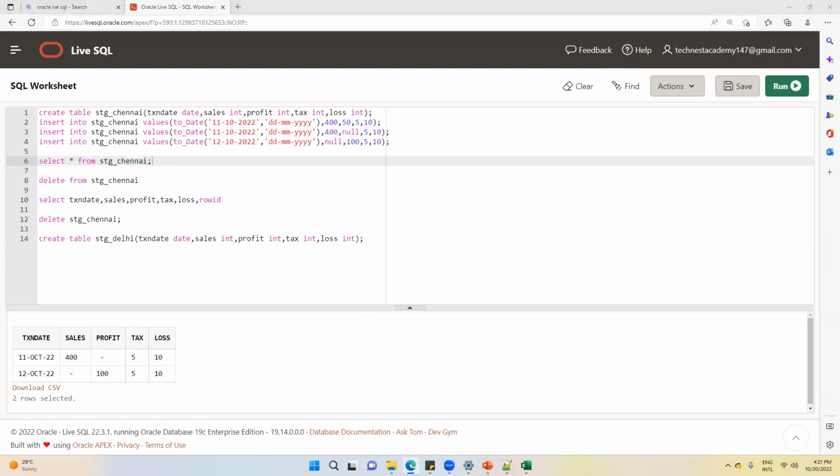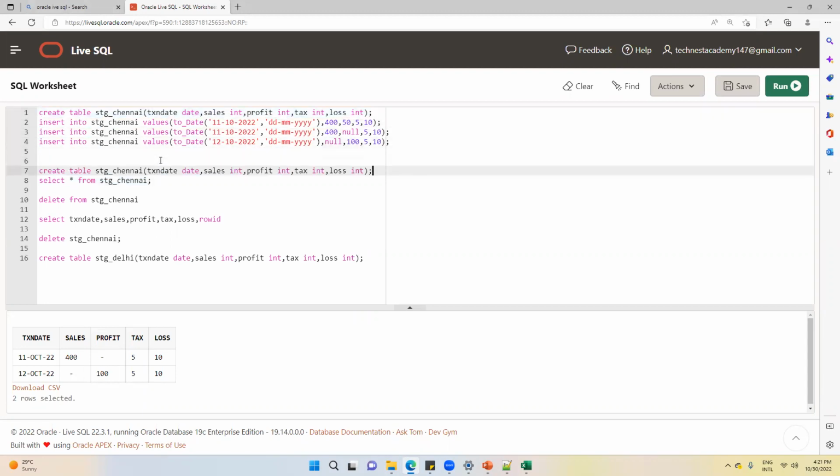Now suppose for this staging Chennai, I have a table in the integration layer. Let me create that table as well. This is the integration layer of Chennai, I'm writing INT.